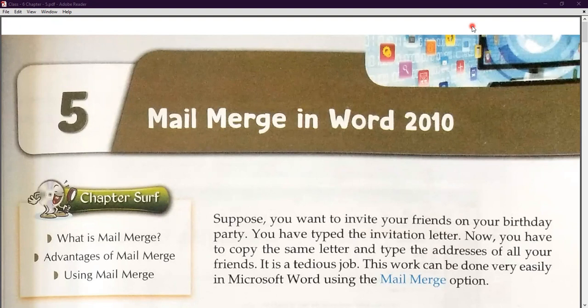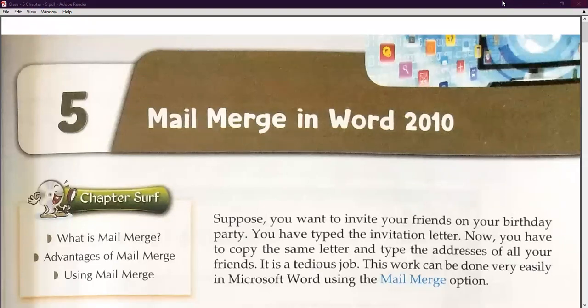Once again, I'm revising the mail merge topic: whenever you want to send a particular letter, a PDF, or anything to multiple users, then you use mail merge. Mail merge is used for sending a particularly defined letter to multiple users. The recipients list will change, but the main document will not change. Just like when you are sending your invitation card, notice, or circulars to several people, you will implement mail merge. Okay, so now I'm going to share my screen and will share the Word document.